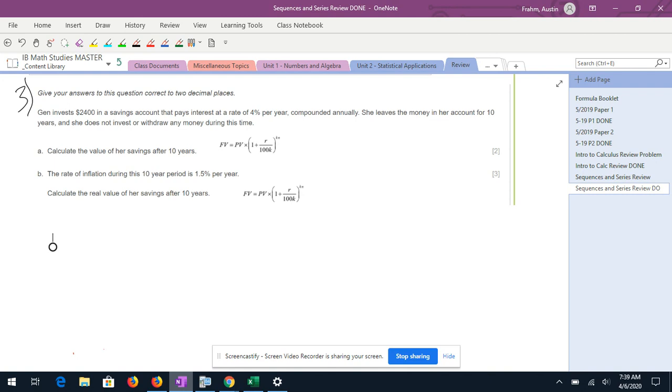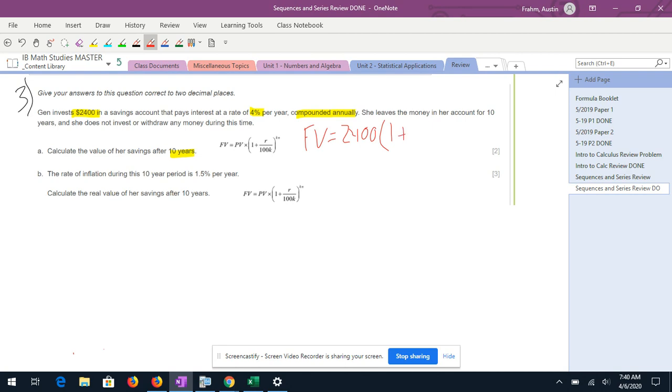So this is a compound interest problem. The initial amount she puts in her account is $2,400. Interest rate's 4%. It's compounded annually. She's going to keep the money in her account for 10 years, so that gives us all the information we need to calculate FV. So FV would equal 2,400